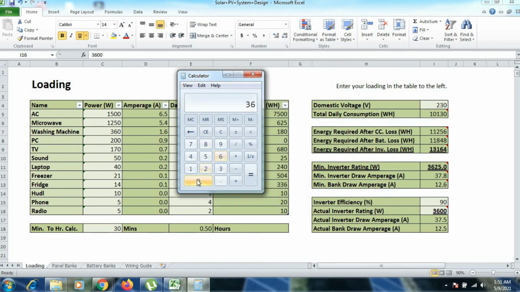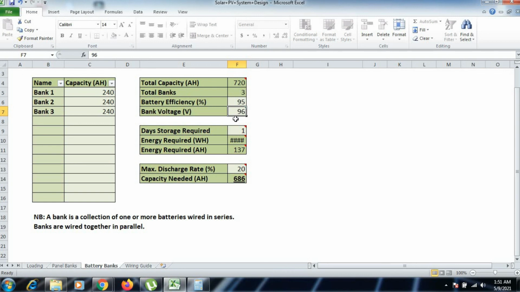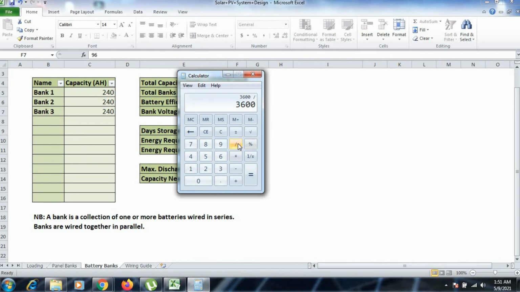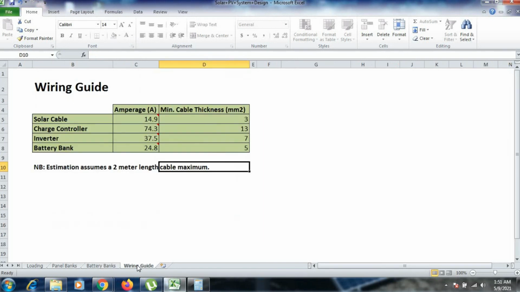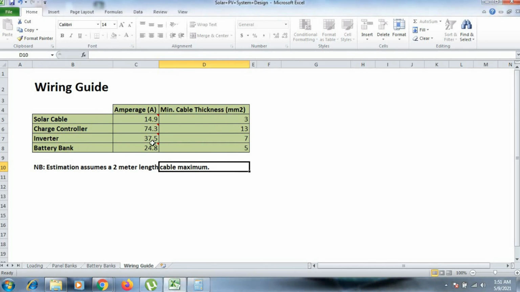So 3600 divided by how many volts of battery we are using? Our bank voltage is 96 volt. So this is divided by 96, which is 37.5. So the wire which is going from inverter to battery should be absorbing 37.5 ampere.